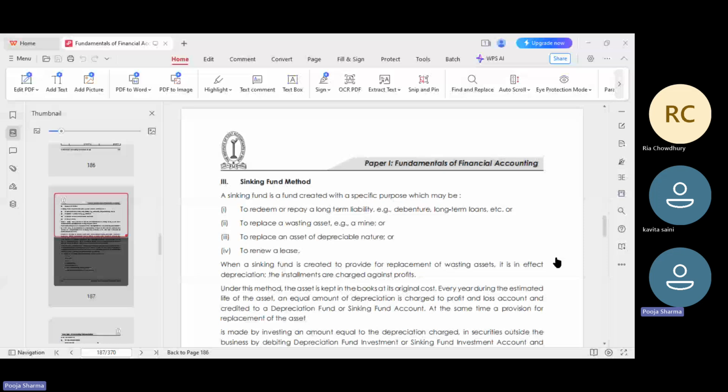Then we will calculate the annual deposit. So we have three key terms for the sinking fund method. First, determine the actual cost of the asset when we replace it. Second, its useful life, the time period for which the replaced asset is expected to be used. And third, the interest rate, the interest income we are supposed to earn on the money invested by way of the sinking fund method. Every year, we have to deposit the calculated amount into the sinking fund account.